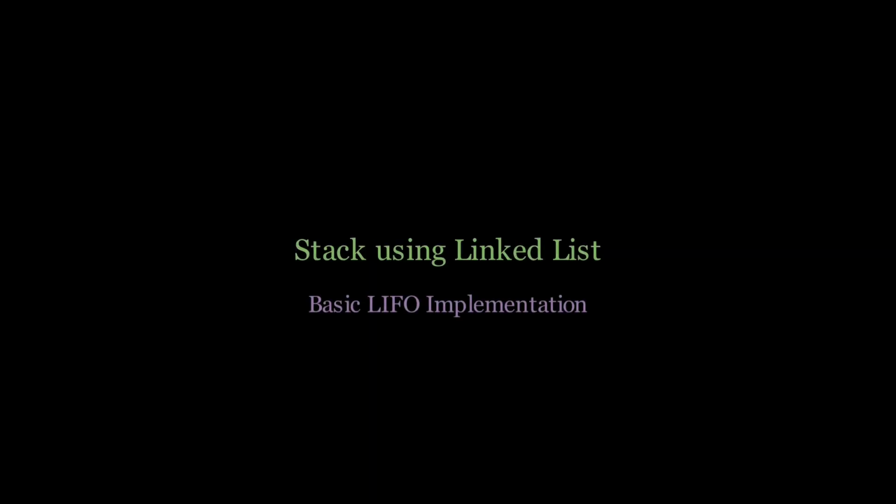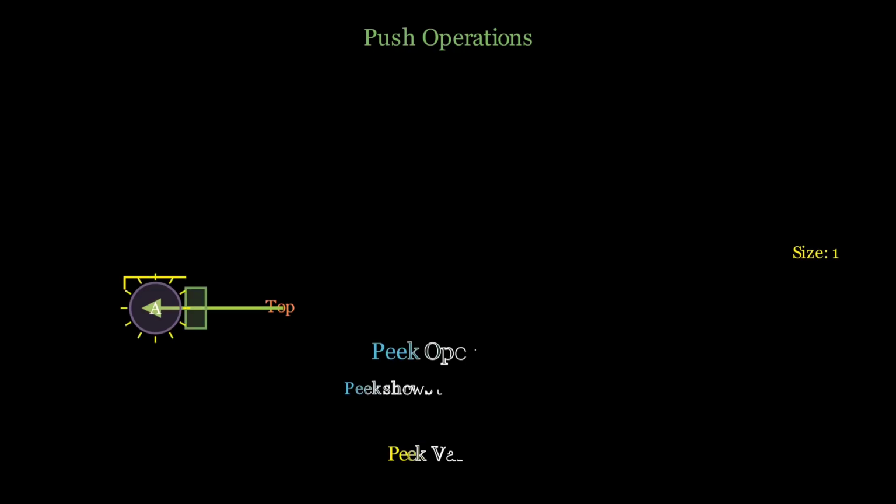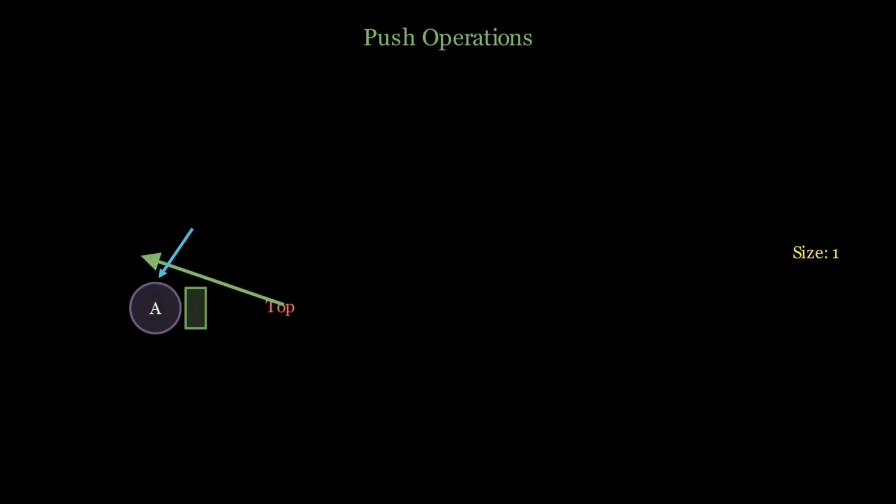Initially, we have an empty stack. Our top pointer is set to null, indicating that there are no elements. We are also tracking the stack size, which starts at 0. The empty state is the foundation for all the subsequent operations. Each node in our linked list has two parts: the data component represented by the circle and the next pointer represented by a rectangle. The data holds our stored values while the next pointer creates the chain that links our nodes